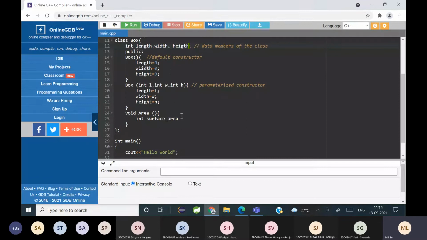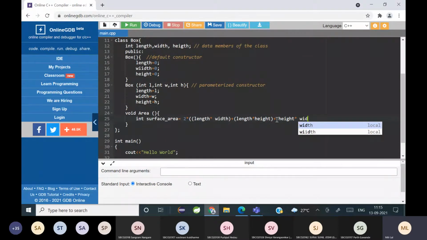Let me find surface area is equal to, what is the formula? 2 into length into width plus length into height plus height into width.